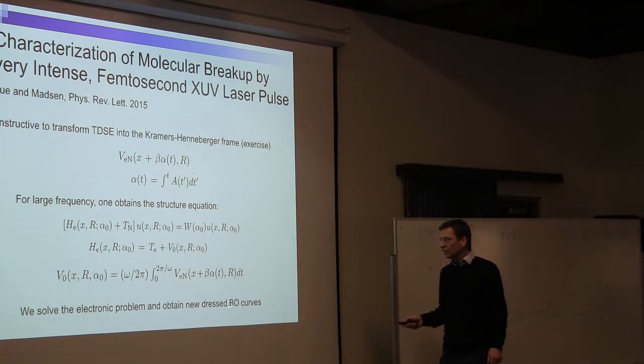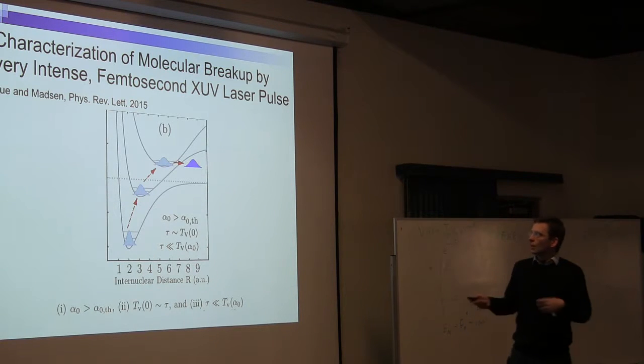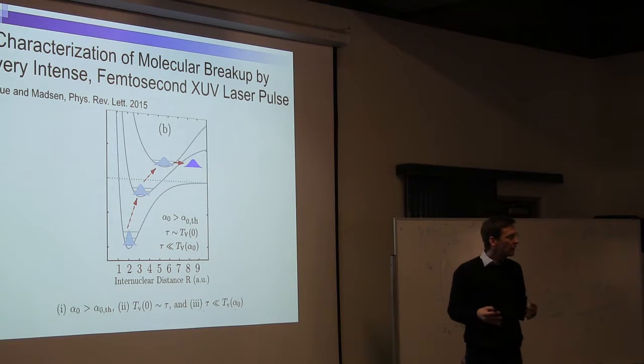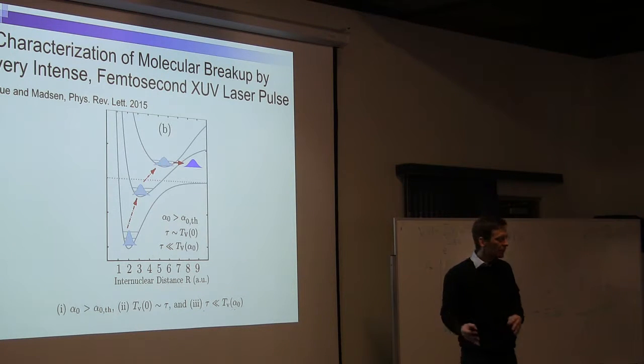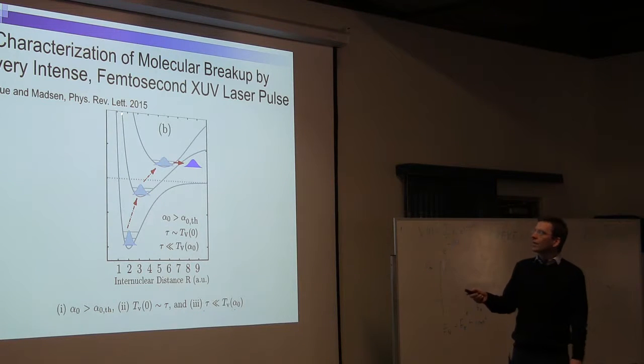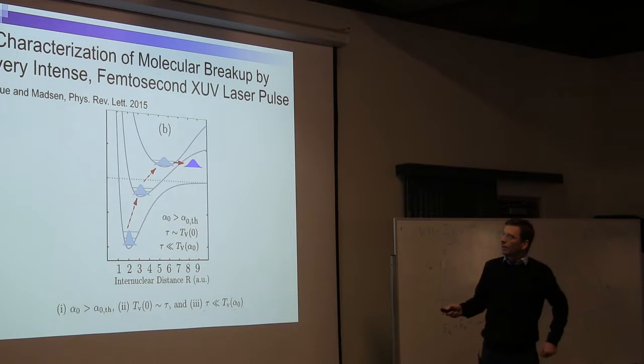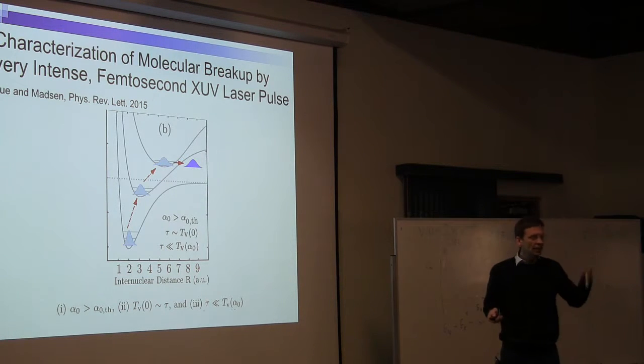And doing this, we can obtain new dressed Born-Oppenheimer curves. And this is what I show here. So this is also something you will meet a lot when you discuss molecules. Maybe not dressed Kramers-Henneberger potential curves, but dressed potential curves. And here's one example of such dressed potential curves. And in this particular example, I have this curve initially, and then I have now, let's say, this one here finally. And the dynamics at play here, the dynamics that explains that I could get so much dissociation, is actually